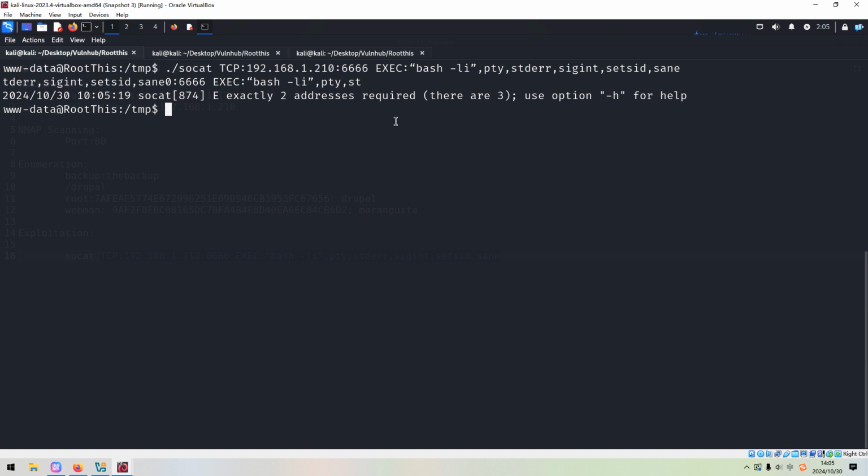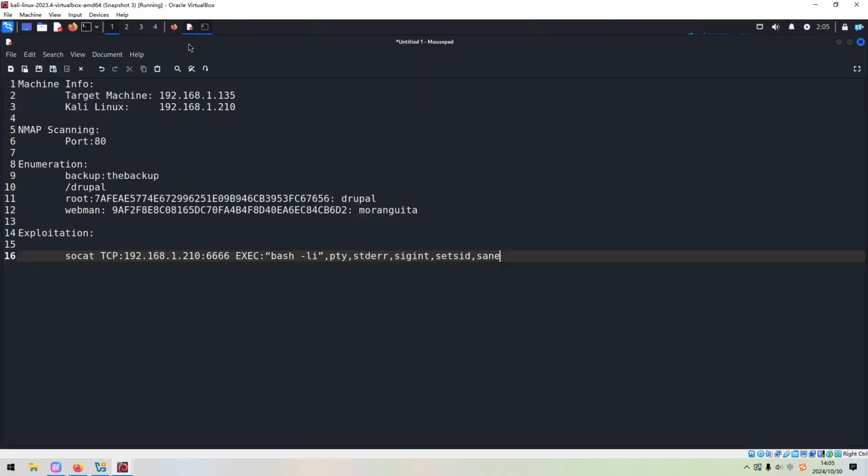Actually, this problem is caused by the double quotes. As you can see, these are not normal double quotes, and we need to modify them. When you copy, it will be safer if we manually modify them to single quotes or double quotes.